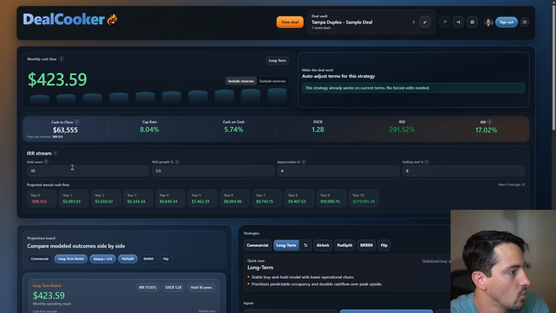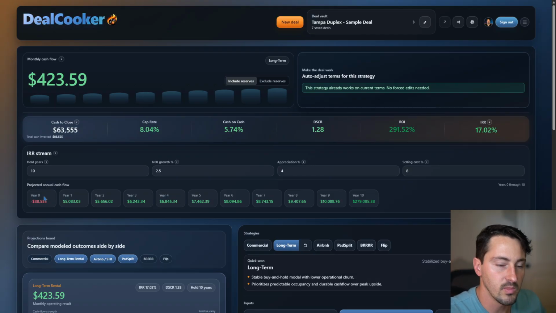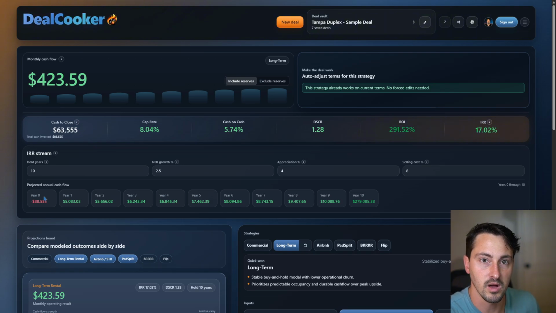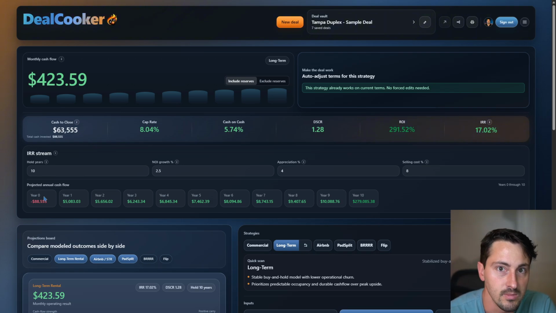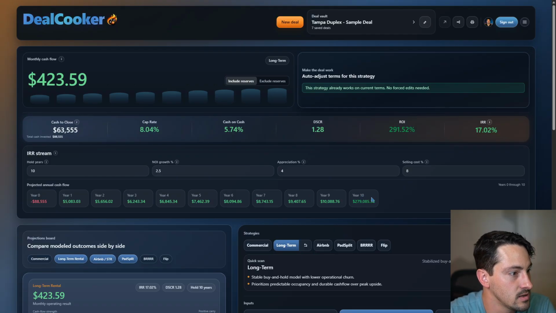So we have a whole period of 10 years. Year 0 is the purchase year. So it includes, why it's negative, it's showing you all the money you've spent out in year zero on purchase. Down payment, I believe it includes rehab, like budget, rehab costs, all that stuff. So year 1, 2, 3, this shows you what your estimated total annual income is going to be from cash flow. And then year 10 is your sale year, but you also collected rent that year. So you have rent plus the sale.